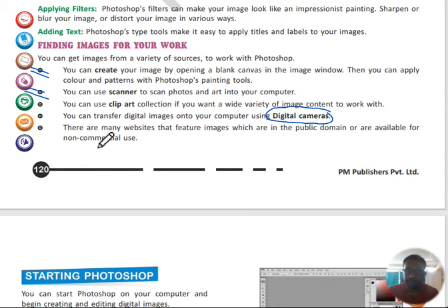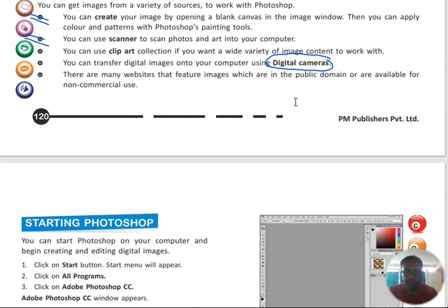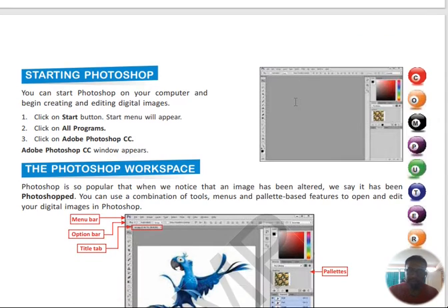Many websites also contain public pictures, like Flickr and Picasa. You can edit pictures from there also if you are just learning it. The version of Photoshop that we will be using, and I request all of you to download it also, is Photoshop CC.